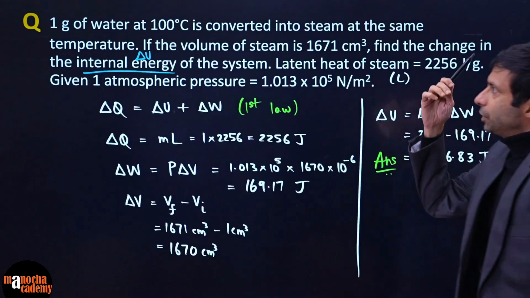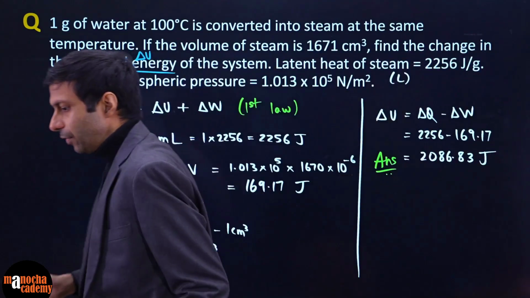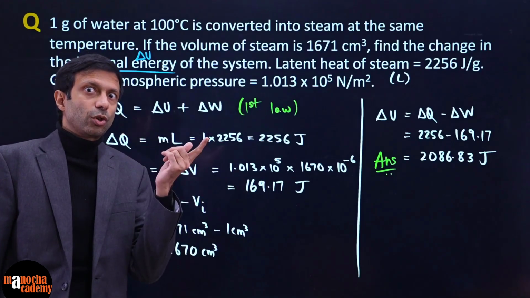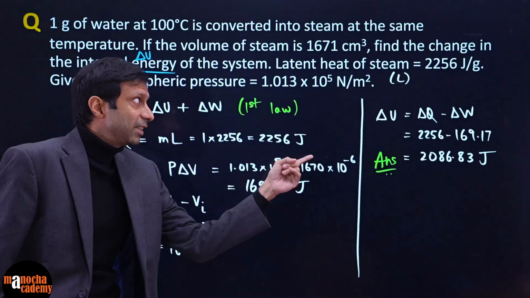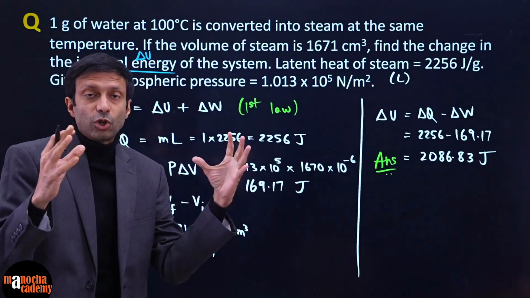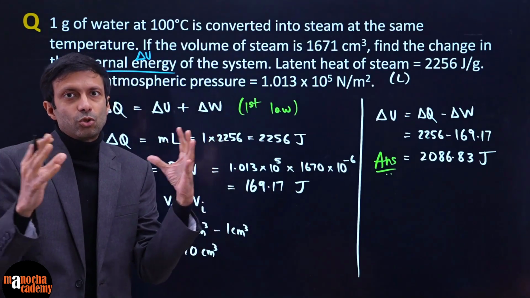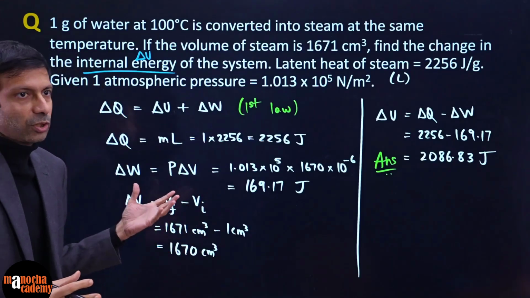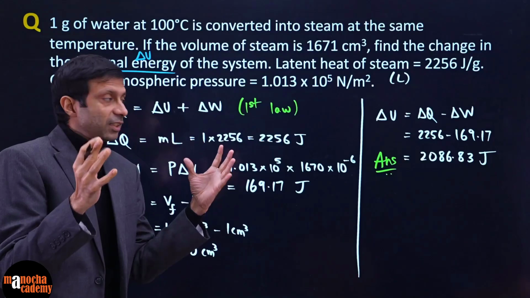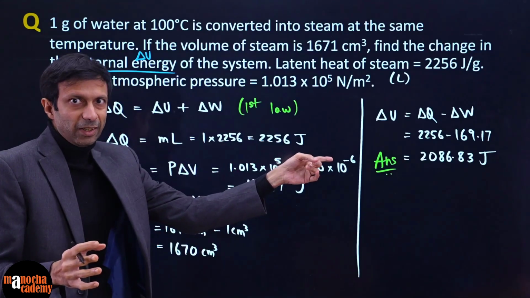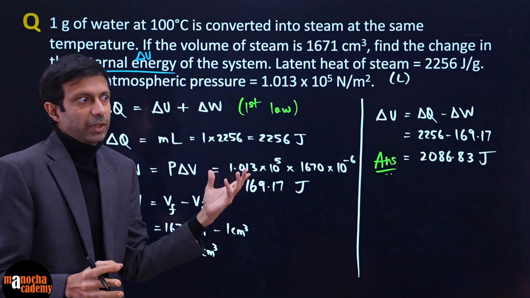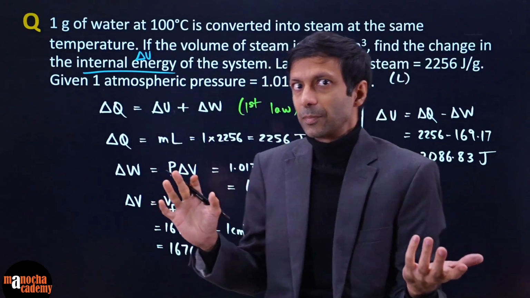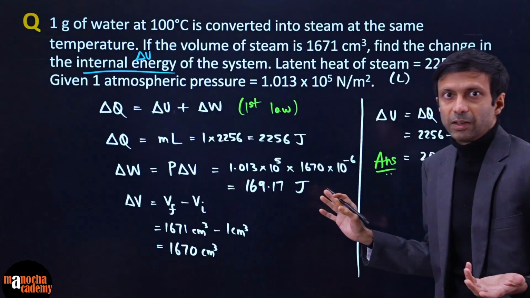One very interesting thing from this previous question was that when water changed its state, even though the temperature remains constant, 100 degrees Celsius, there is still an increase in internal energy because it is becoming steam, right? So some internal energy plus some work done. So where was that heat gone? In changing the state, which results in change in internal energy and some work done, right? So don't think, oh, no change in temperature, change in internal energy zero. Wrong. Here it did, right?